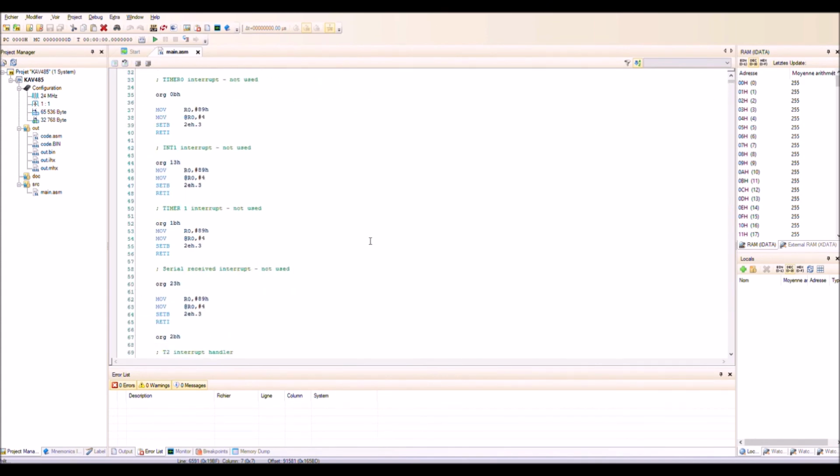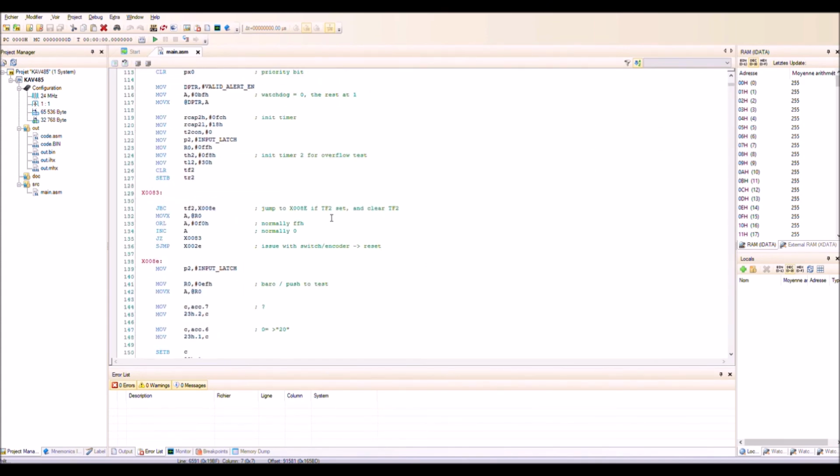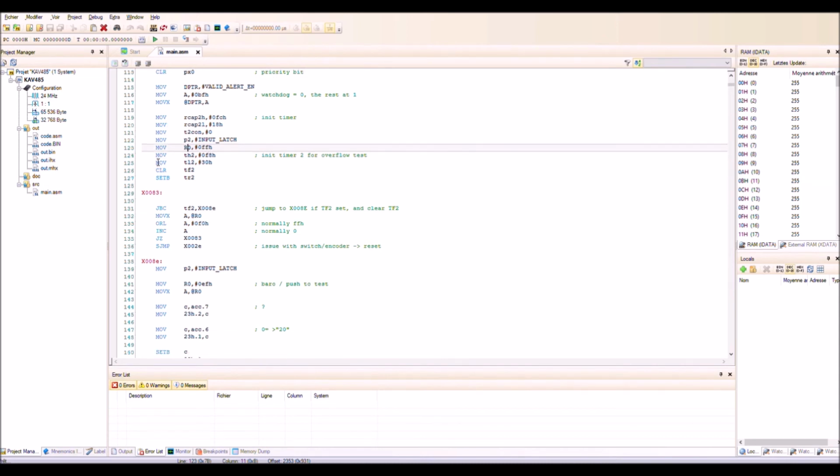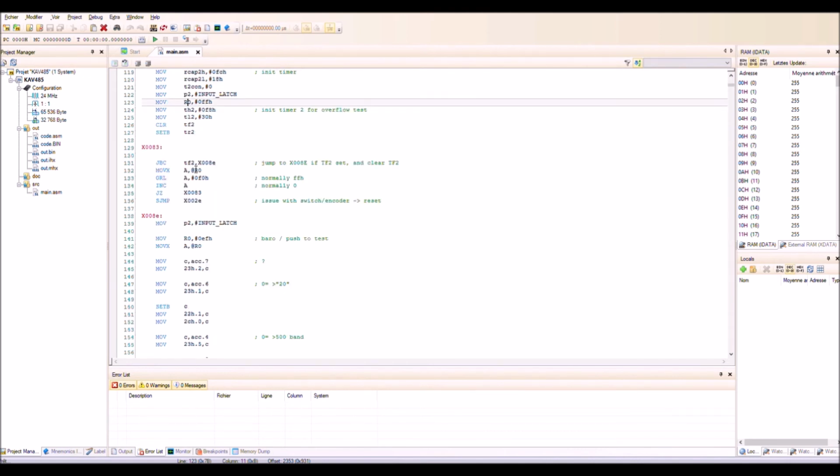So there is something interesting in the beginning. This is this function. So there is an utilization of the timer here. The port P2 permits to set some lines on the switches and the encoders. So this permits to know if a key is pressed or not. So the output port is set to 1. Then the timer is set at a value which is close to the overflow because we have F8 and something. And then there is a test of the carry of this counter here.